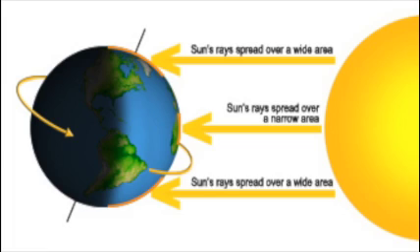As you approach the south and north poles, the angle of the sunlight decreases, therefore the temperature does as well. The top and the bottom of the image show the sun's lowest angle. There, the unit area of the radiation is the lowest, and therefore the temperature is the lowest as well. The middle arrow represents the sun's light hitting the equator, where the highest temperature and unit area of radiation is